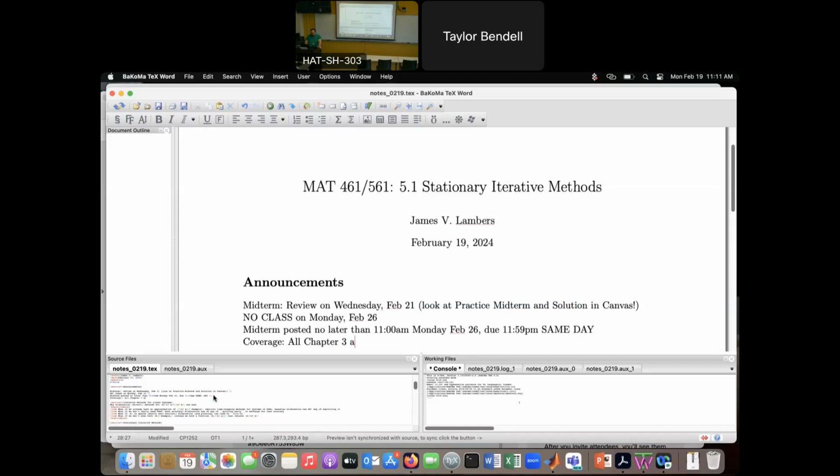As far as actual stuff to cover today, that it's not going to be in the midterm: a very different type of method for solving AX equals B. So we're still dealing with AX equals B in the case where